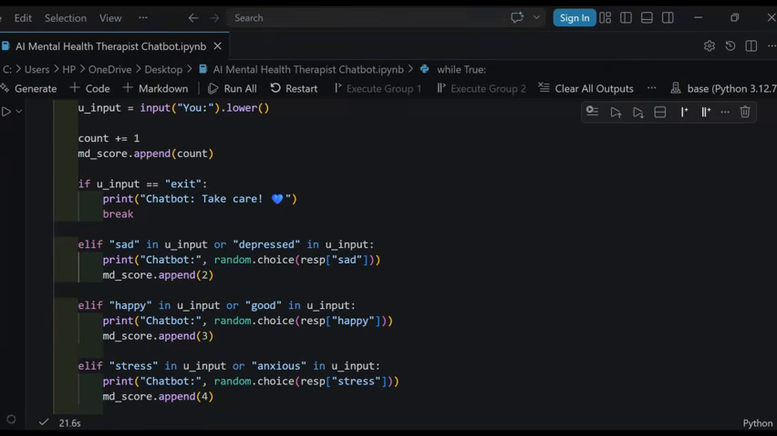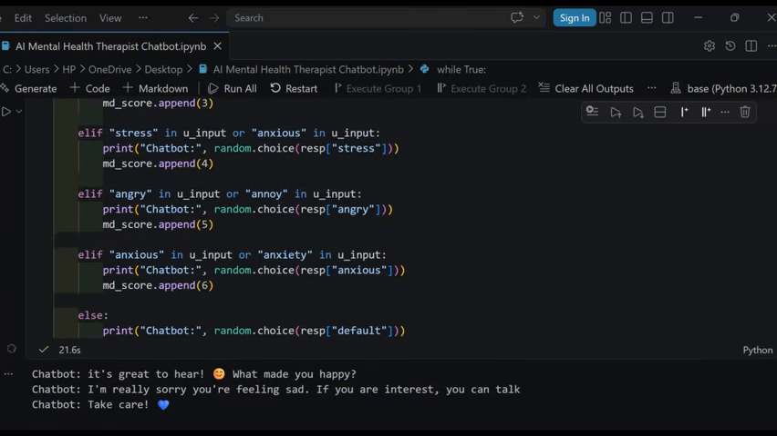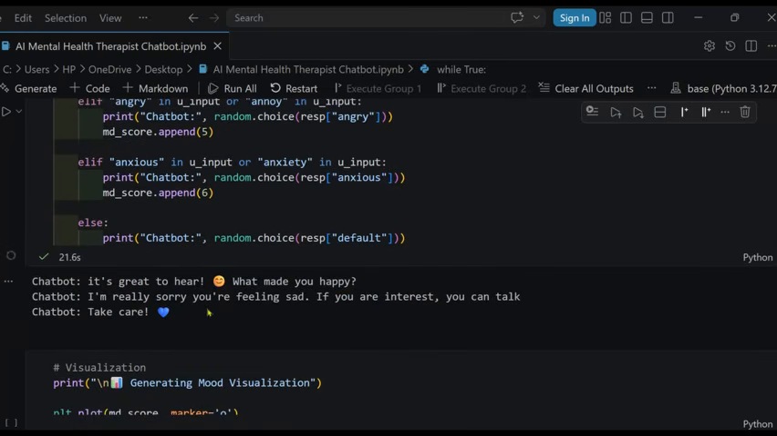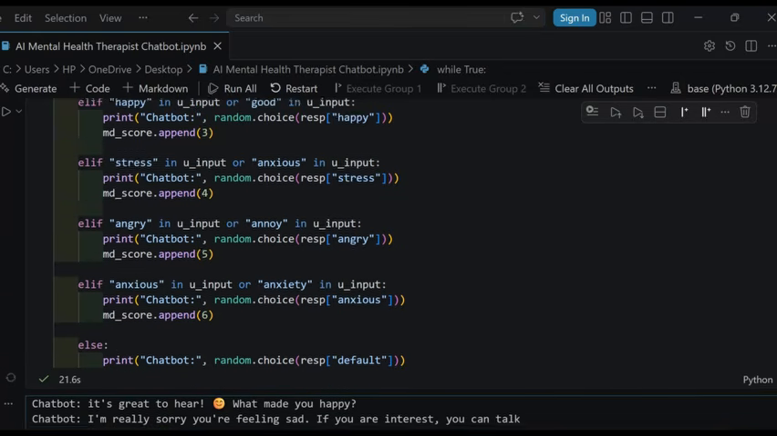So what is the output? It gives the output: it's great to hear, what made you happy. Then second, I have given sad: I am really sorry you are feeling sad. If you are interested, you can talk. And last is the default value, which is take care. Now, according to these two values,